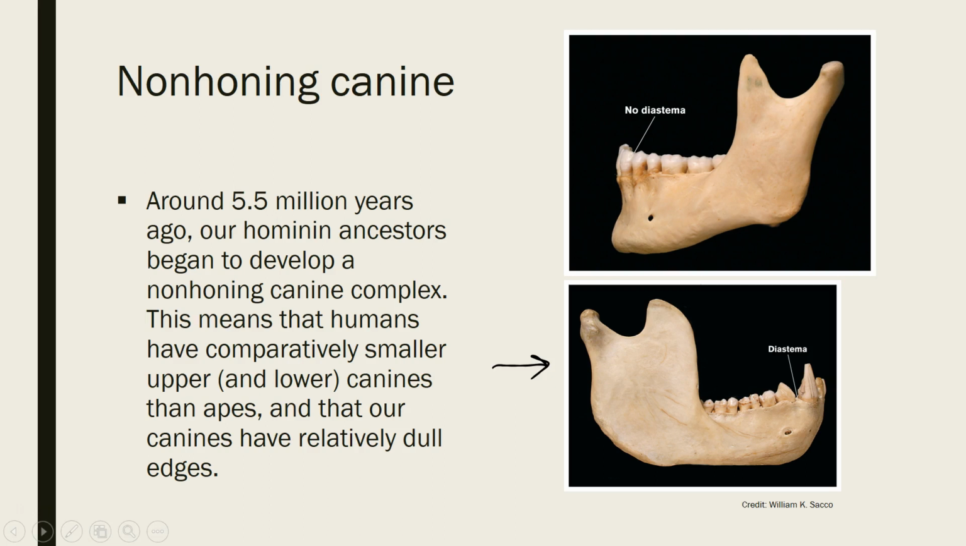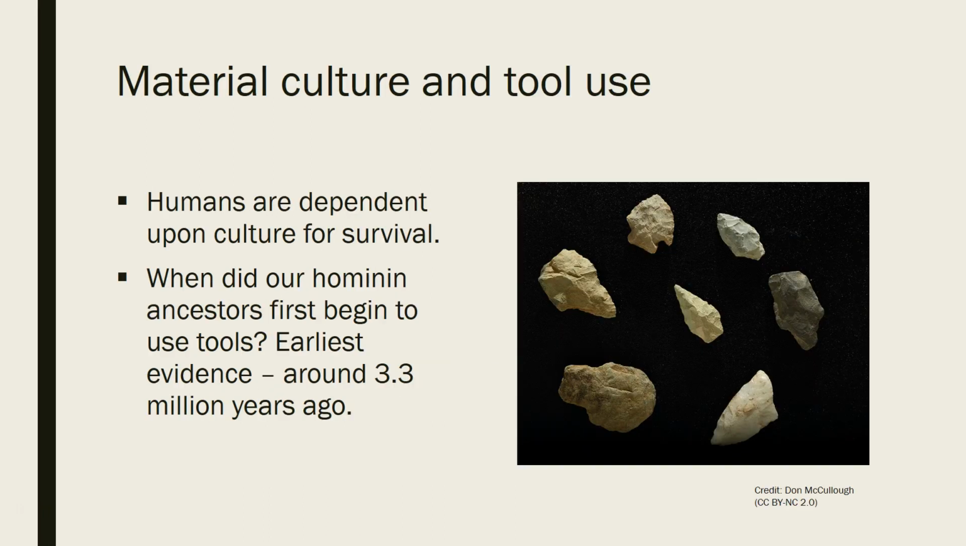We will learn more about the non-honing and honing canines in Chapter 6 of the Larson textbook. The third big event of human evolution was the development of material culture and tool use. Humans are dependent upon culture, and especially the part of culture expressed as tools, instruments, and objects, also known as